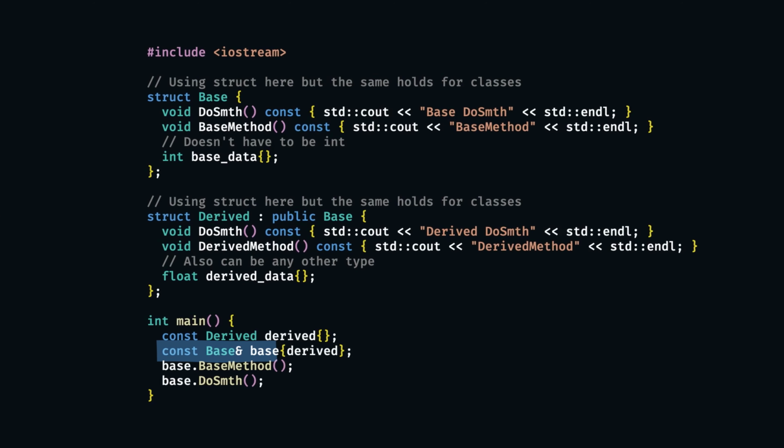We can add a base reference that will point to a derived object. And of course, we can call only base-specific methods on this reference. While this is quite neat, it does not really bring us much closer to our goal of being able to abstract the implementation away behind a pointer. You see, the base reference forgets that it was created from a derived object, and so the doSomething method calls its base implementation. So such simple inheritance is quite limited. To actually be able to define and implement an interface like the one we talked about before, we will need